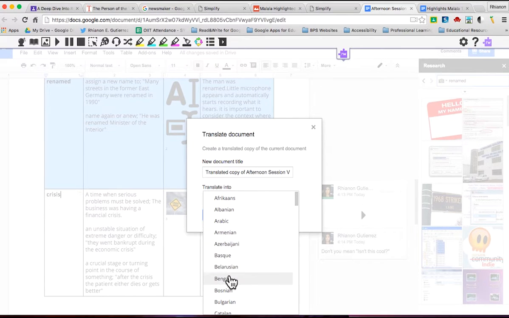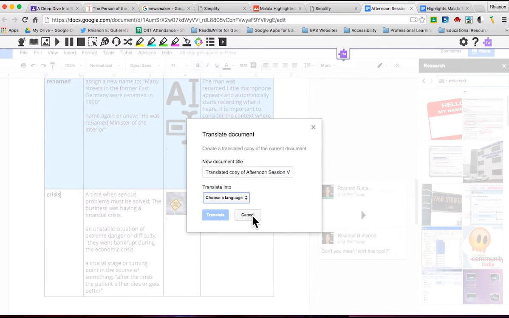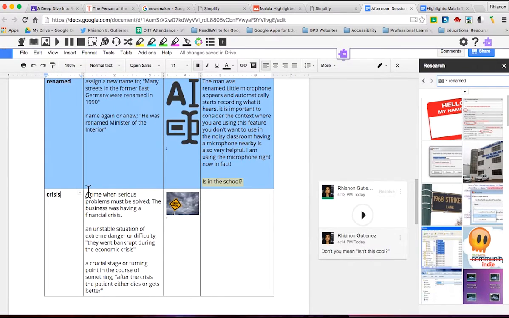You can actually choose from multiple languages here. Now, this comes in handy for longer paragraphs. For short individual words, the translator feature comes in handy a little bit better. I also feel that the translate feature works better in an article.